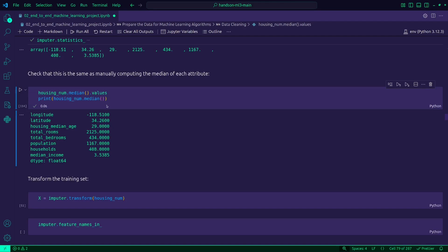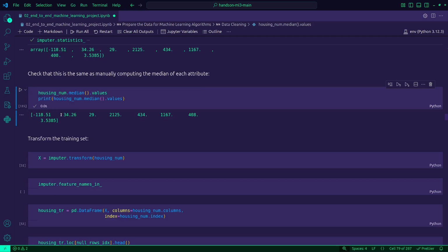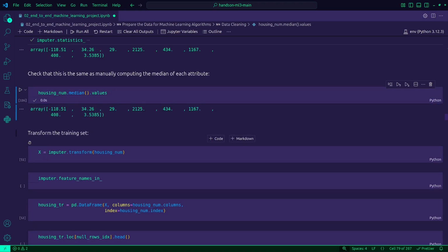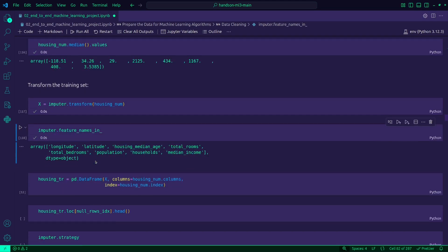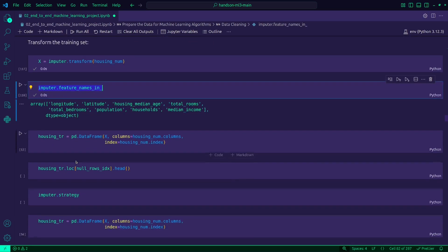Here I have a descriptive way of showing this, but with values, I show them in this array, non-descriptive, only values. We are doing the same thing here. This is how we know what the feature names in our dataset are: longitude, latitude, housing median age, total rooms, total bedrooms, and so on.